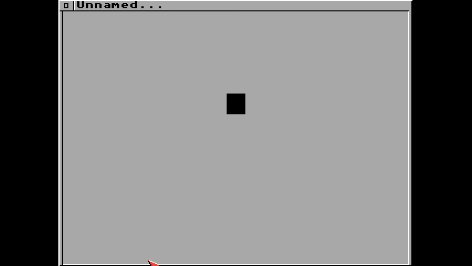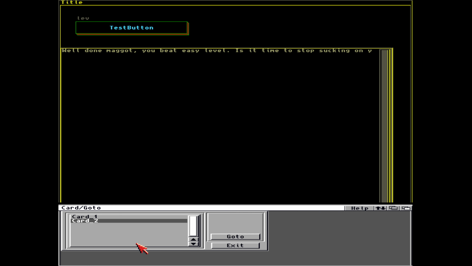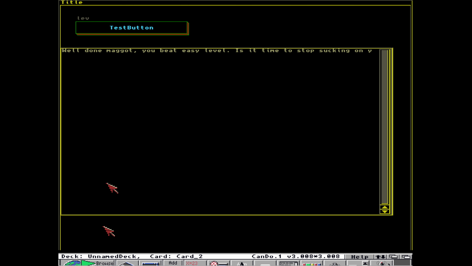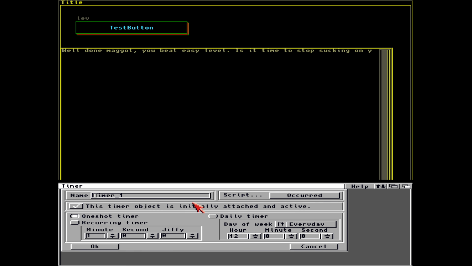And of course we can move backwards and forwards using the navigation buttons. That goes to the end of all of the windows, that goes to the very start, that moves backwards and forwards, or you can select the card which you want to go to, and this button now goes back to card 1. But you can have buttons do anything. You can also have a timer do anything as well. So let's have a quick look at the timers,